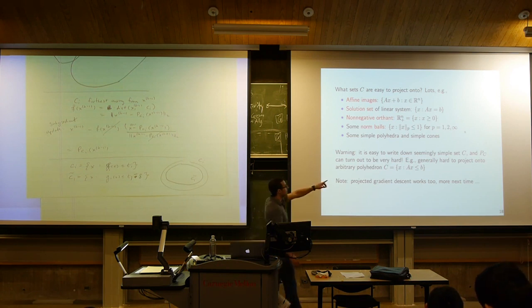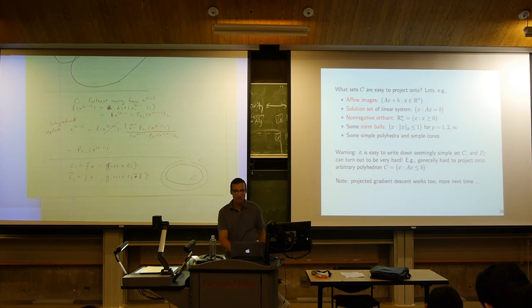The 1 norm being the trickiest. The infinity norm is actually also quite easy. That's just a projection onto a box. So I'll let you think about that. And the 1 norm, like I said, is somehow the trickiest, although we still can do that efficiently. If this is an n-dimensional 1-norm ball, we can still do that with order n operations. And there are a bunch of simple polyhedra and simple cones that we can also write out some